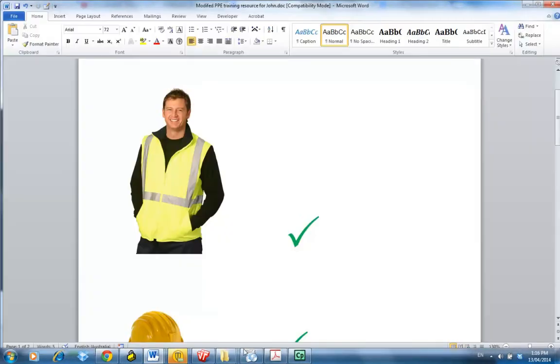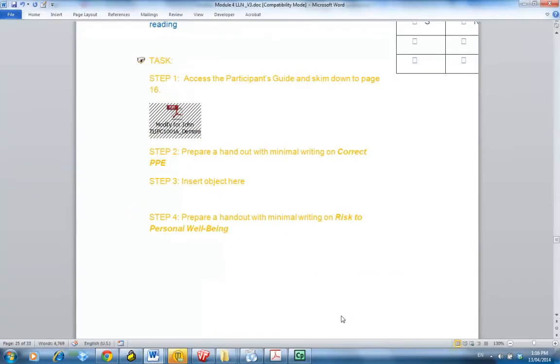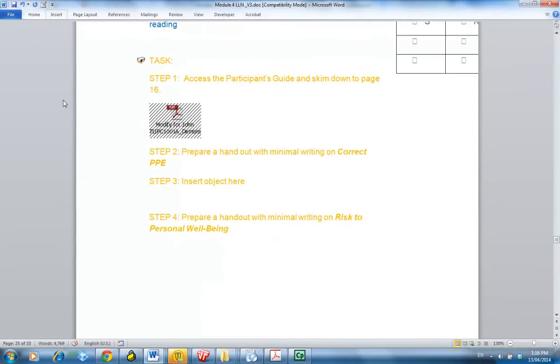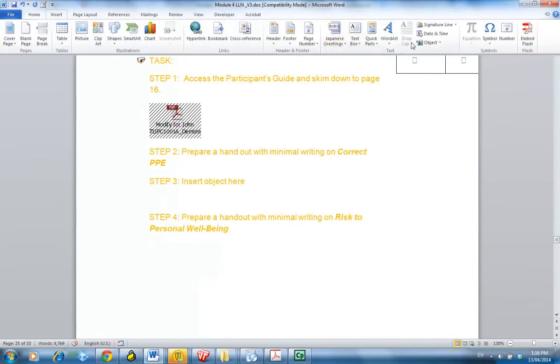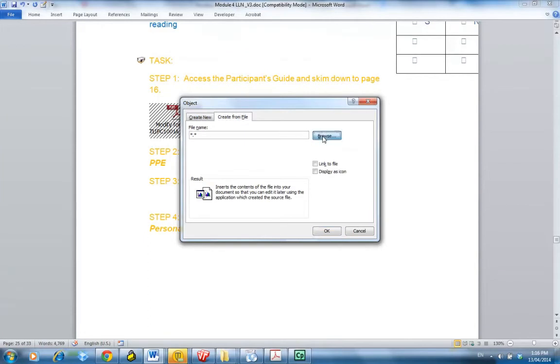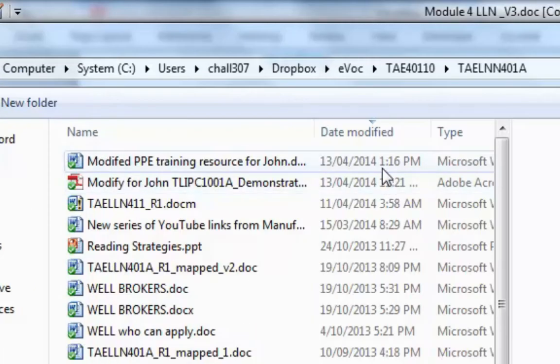Now I need to embed that into your module. So we go back to your module, into the Insert Object here, and of course, just again for some revision, Insert Object, Create from File, Browse, and just to know where your most recent document is, under the date modified, you can have a look at the date and the time, and you can see that today, on the 13th of